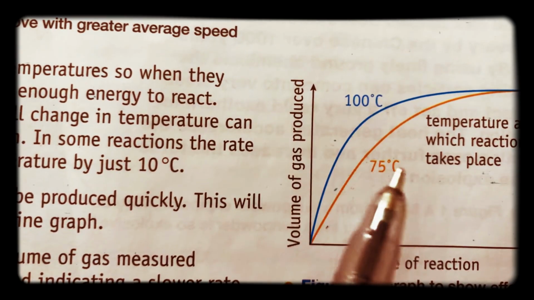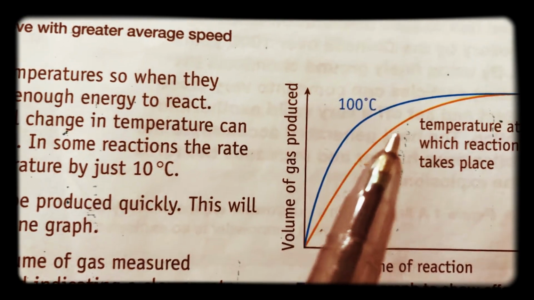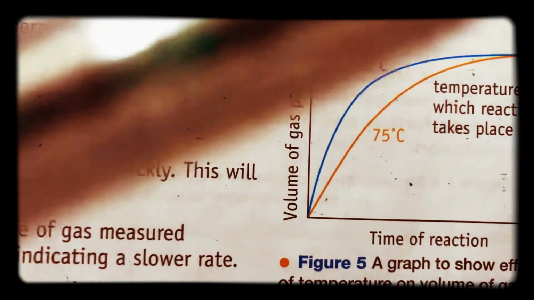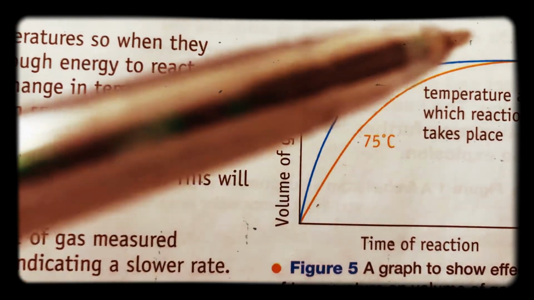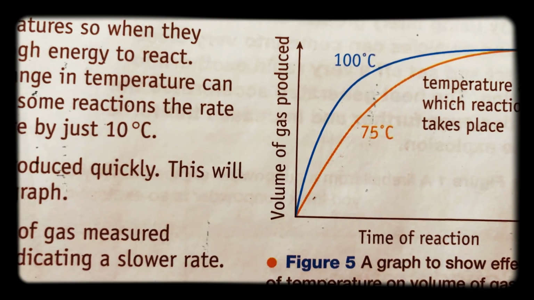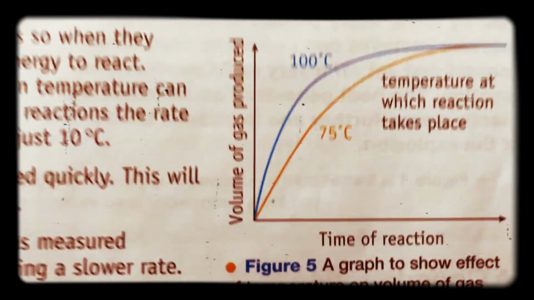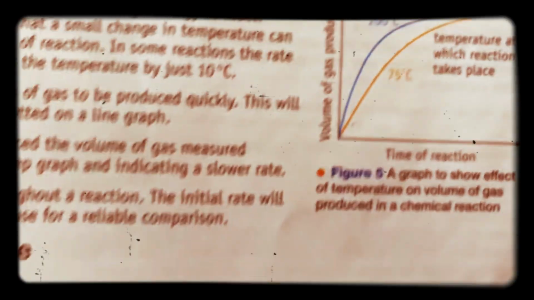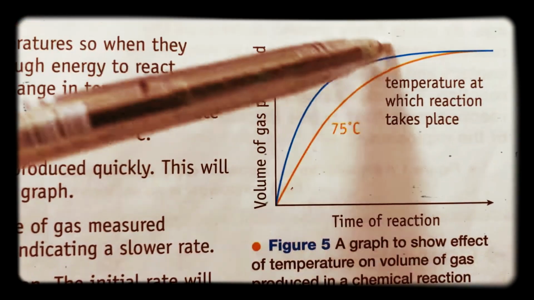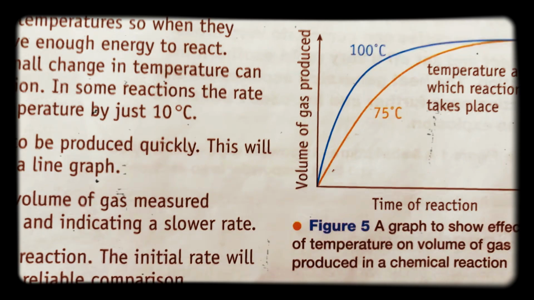But you also find as time goes by, no matter what the temperature is, as the reactants get used up, you have a flattening of the curve. The curve becomes flatter because there are fewer reactants available later on in the chemical reaction. Eventually, you form the same amount. Here it's a gas reaction, so you form the same volume of gas at the end, no matter what the